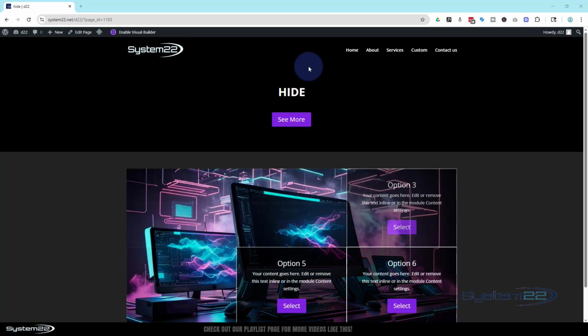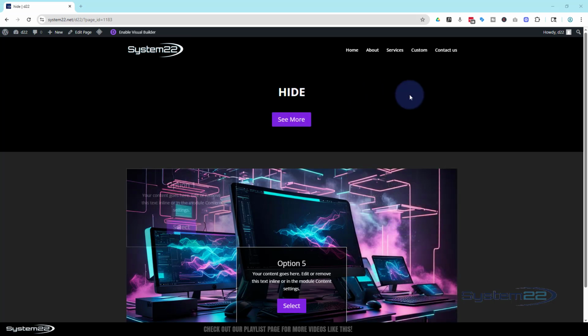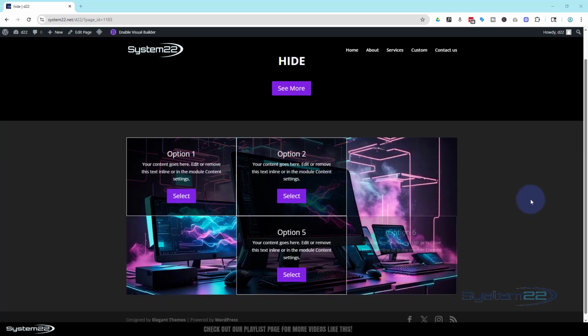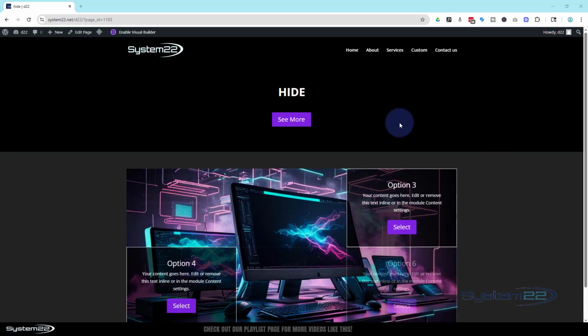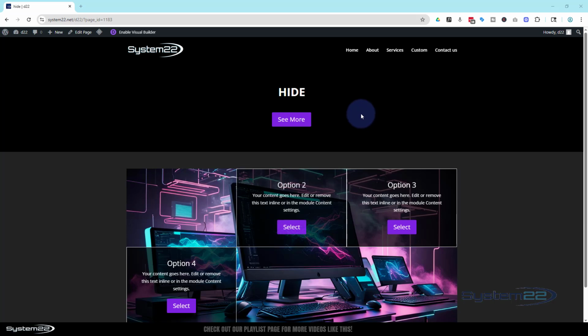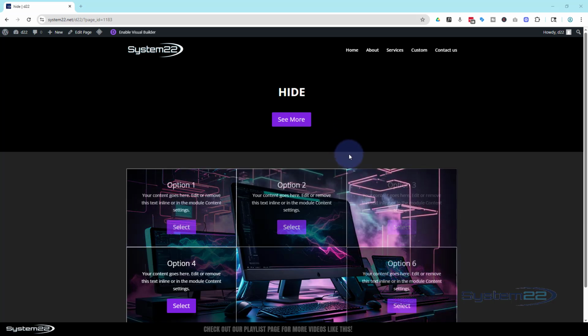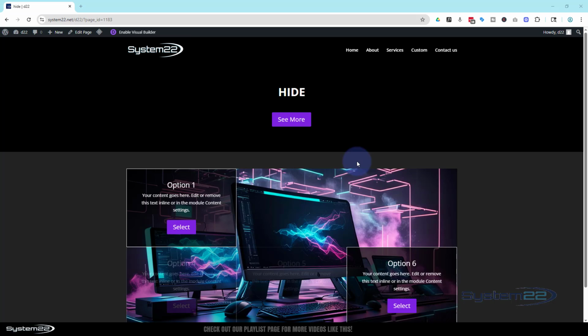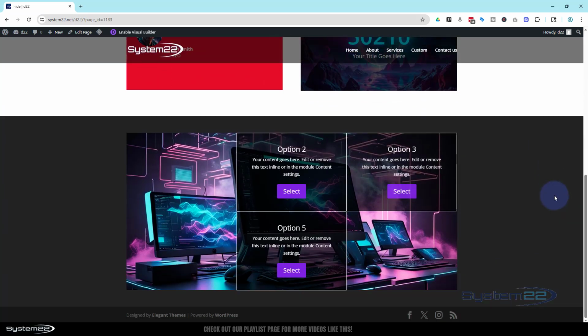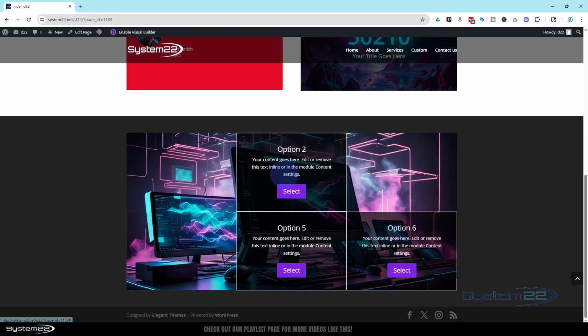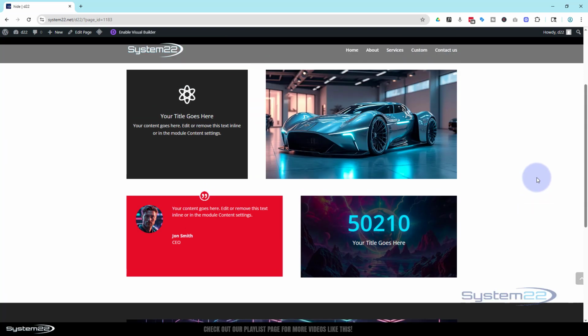We've got a section at the top here with a little button in it, little title here. We've got our little animated grid that we created a few videos ago down the bottom here. With this button that I've got here that says see more, when I click on it, it's going to add a section between our black section and grey section here. If I click on it, you'll see it. And our little grid's still there down the bottom, as you can see, but it's added this section in here,